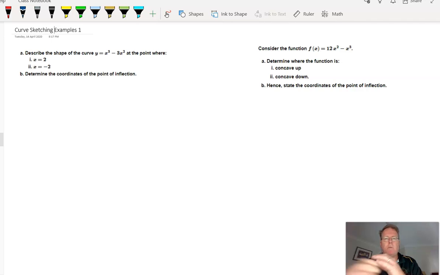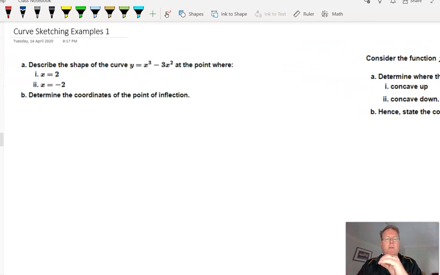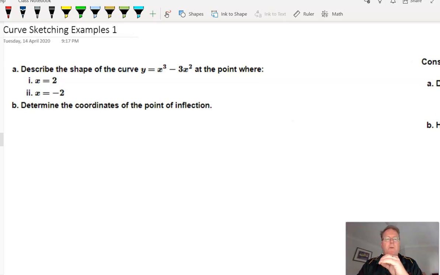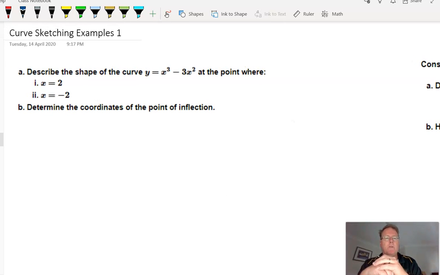So the first example, the one on the left: describe the shape of a curve at the point where x equals 2 and x equals -2. When we're asked to describe the shape of a curve at those points, we're looking to determine whether they're concave up or concave down. And so in our previous